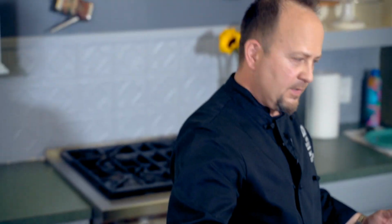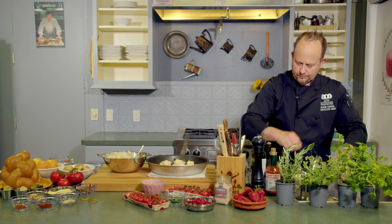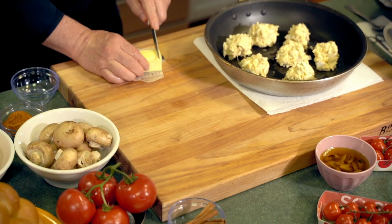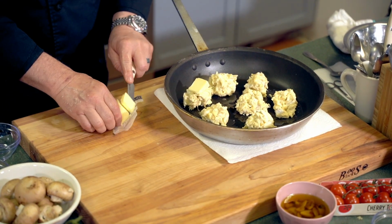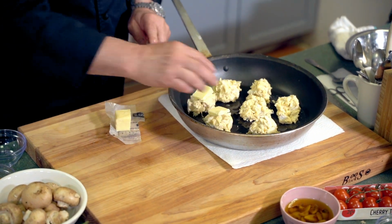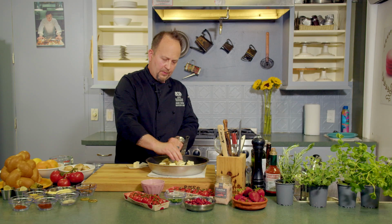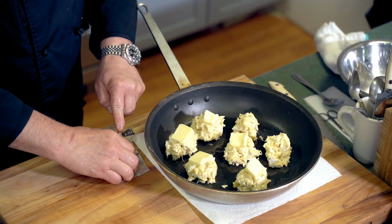Okay, so hands a little messy here, just gonna get a quick rinse. I'm gonna save this for later. So we're not done with the crab cake yet, it's gonna get a royal treatment here. Even though it's going into a super hot oven, we are gonna make a blanket of butter. And the butter is gonna melt down super nicely. It's gonna help give us a brown sheen and